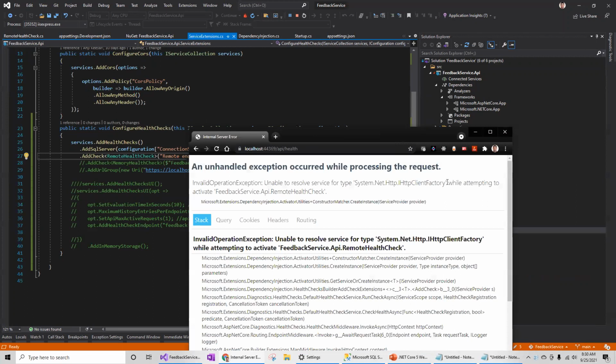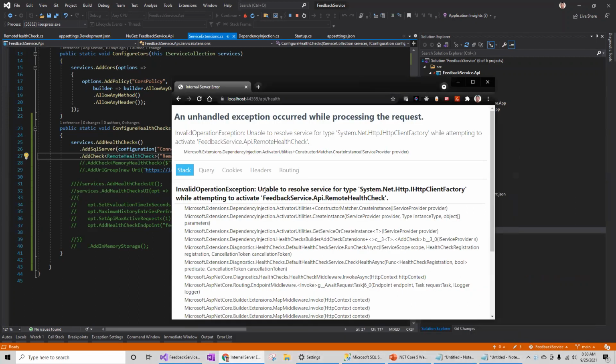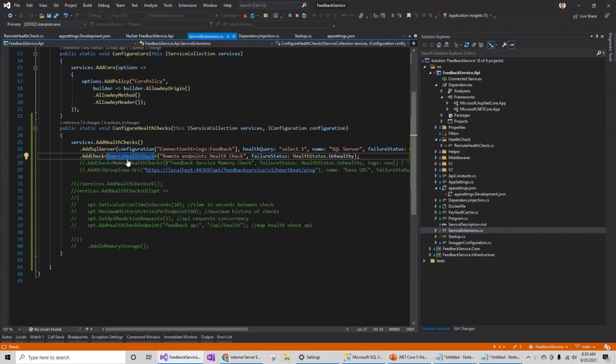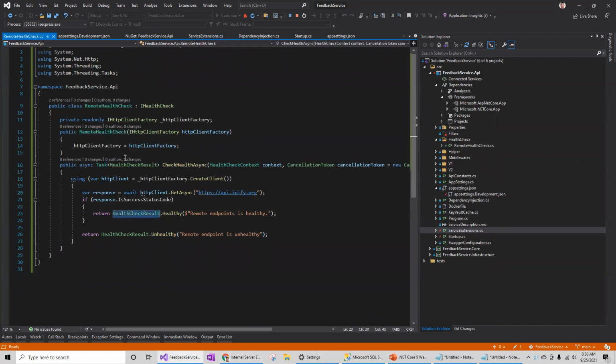API /. Now I wanted to see this error. It says unable to resolve service type HTTP client, because we have not added the dependency injection for this new client factory class we added here. So that's why we are getting this error.